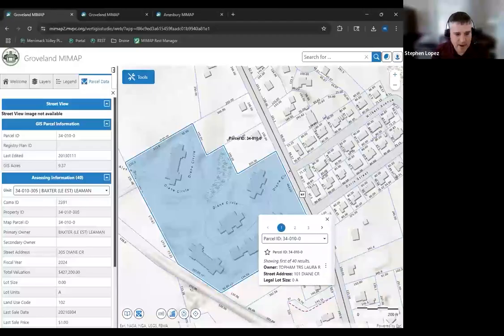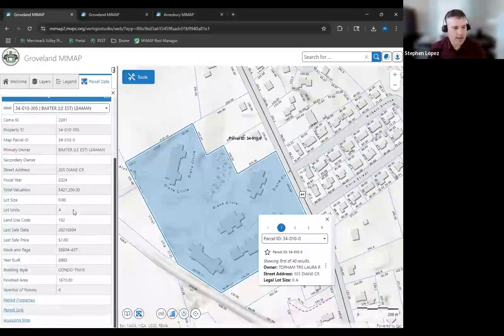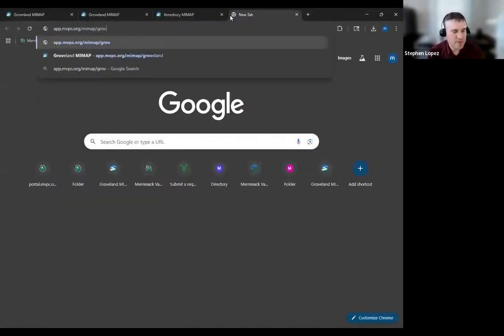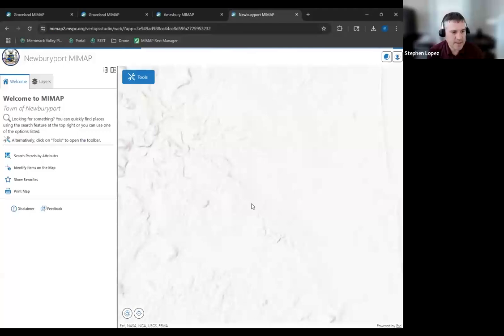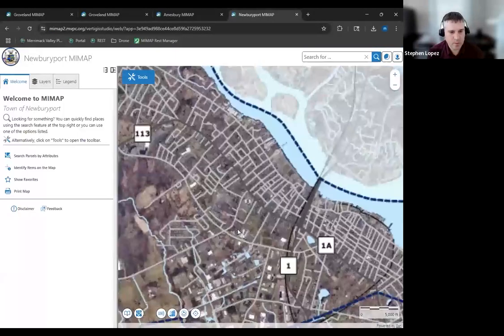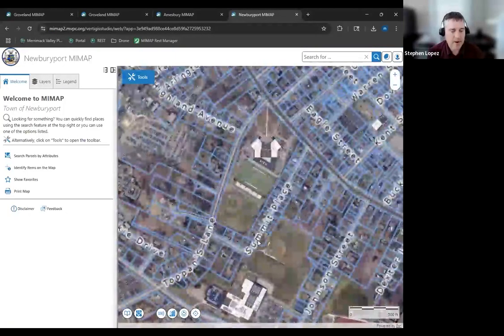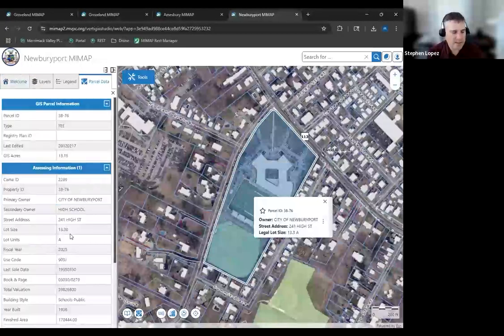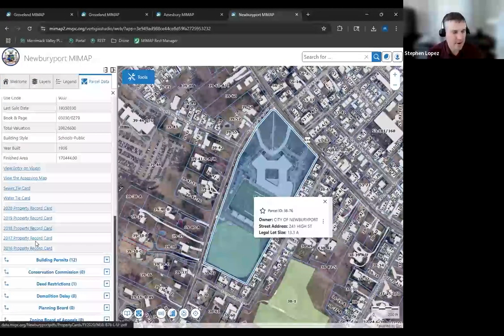Another question I see here is from Carrie: are historic property record cards still available? Yes, they are. Again, once you select the parcel, if you have property record cards linked, you'll see that you're going to be hopping over to Newbury, or Newburyport would be a good example. In Newburyport's case, they like to maintain a history of a few years back of those property record cards. Some other communities will only want the most recent. So we can really accommodate any version.